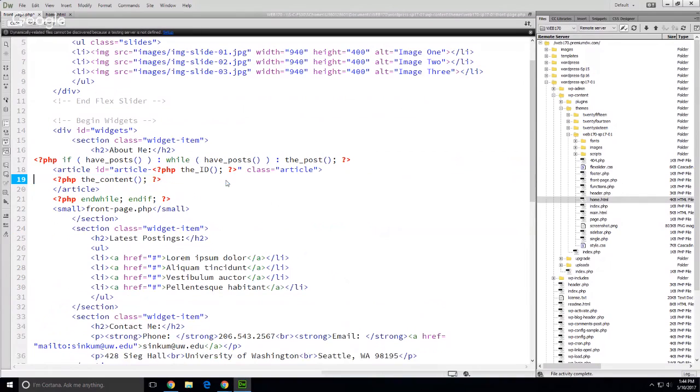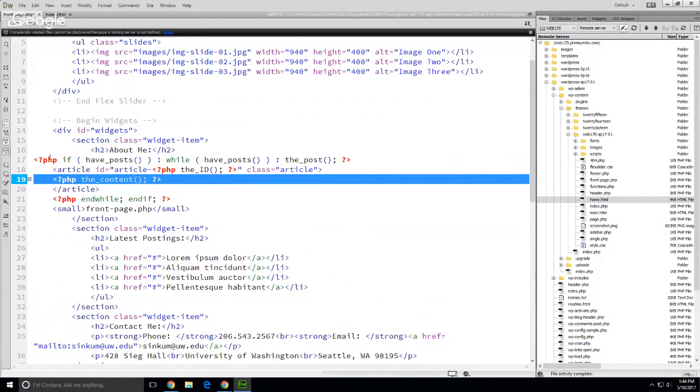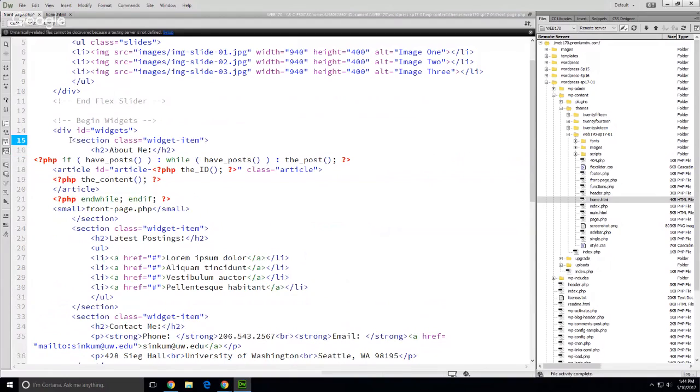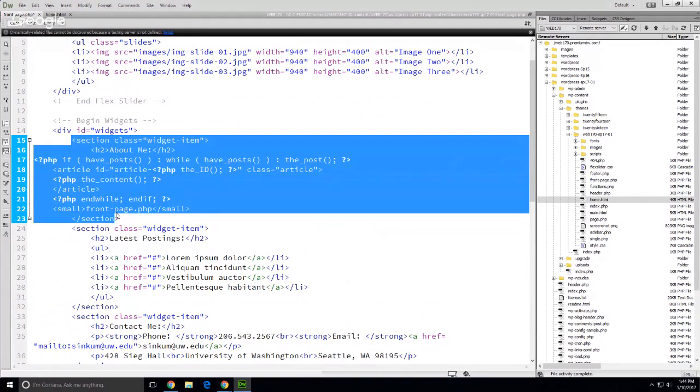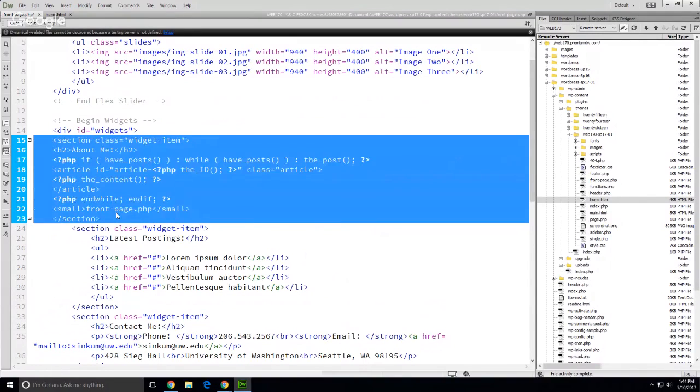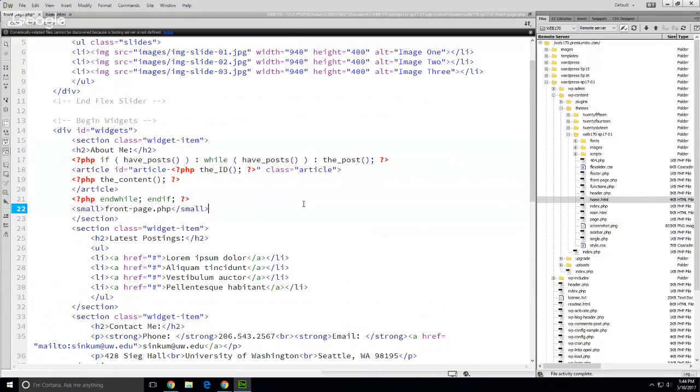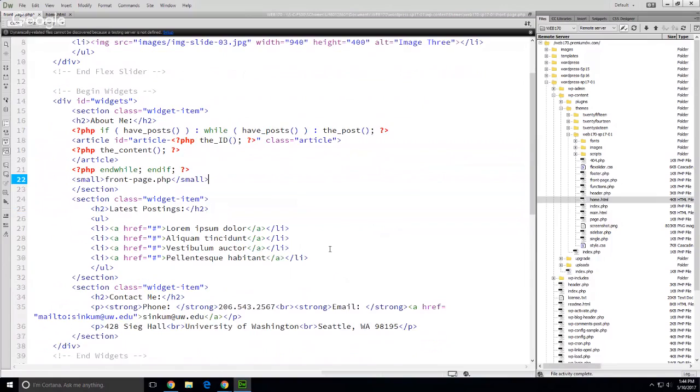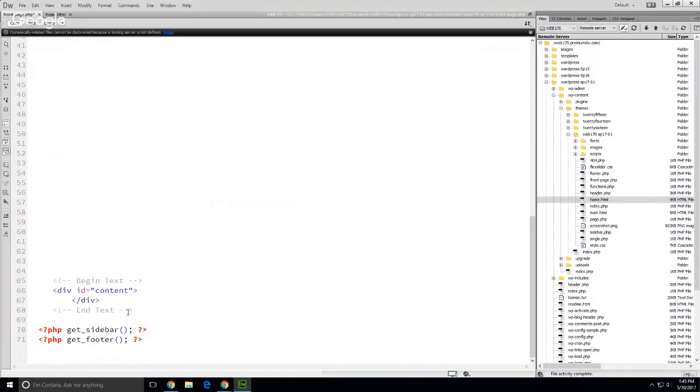So in other words, in that widget section where I had that dummy About Me text, I have now replaced that dummy About Me text with the loop that gets the content from the home page. Okay? So I can then delete this,